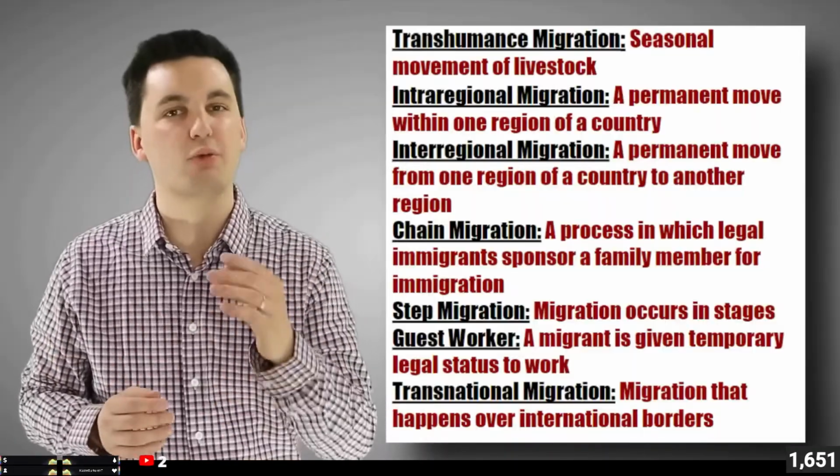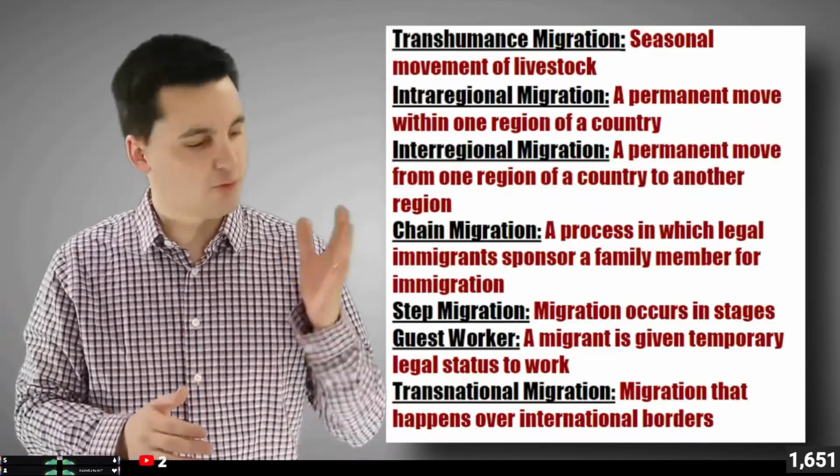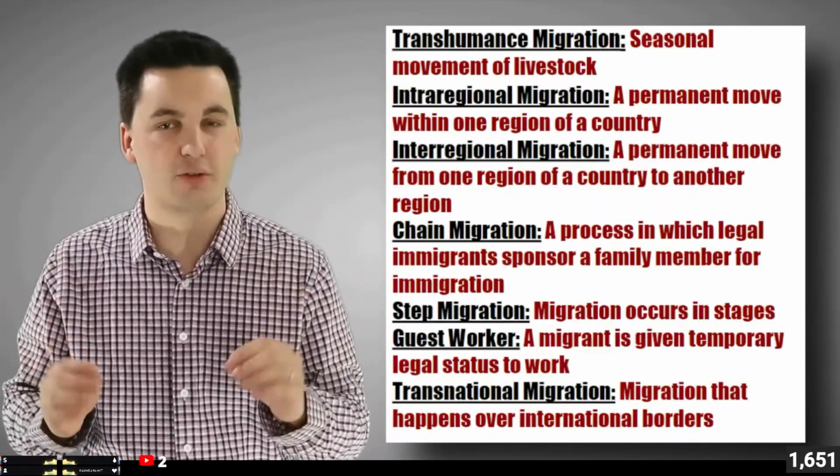Also understand that when migration happens, like Ravenstein noticed, we'll have a counter migration. If people are moving from point A to point B, these places are now connected, and they'll influence each other in a variety of ways. For you to do, the big concepts to definitely review are the demographic transition model, population pyramids, and a lot of the vocab. Make sure you also understand how different migrations happen, the different types of migrations that can occur, and how they can lead to diffusion, acculturation, assimilation, or even cultural resistance.